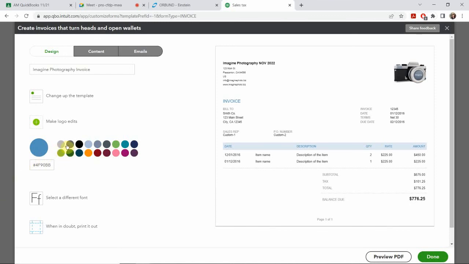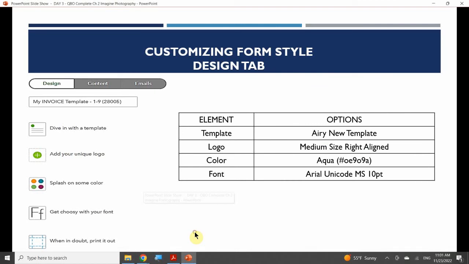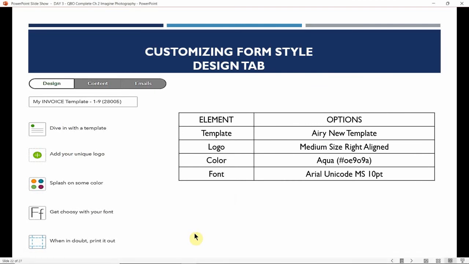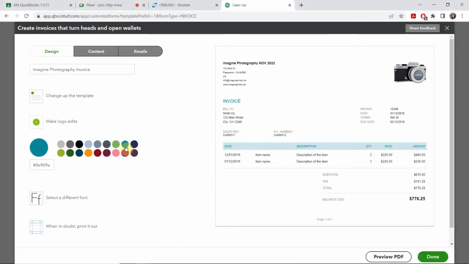I forgot which one it was, but the coding to it, I believe it was this one. Okay? Or actually, it might be this one, the way far down here, right? You can double check the thing here. I put the actual coding for it. So the color is the aqua, which is the 0E909A. So I think I chose the right one. Okay. So we're going to do aqua. Okay. There you go. So what that does is basically it just changed the scheme of the tables